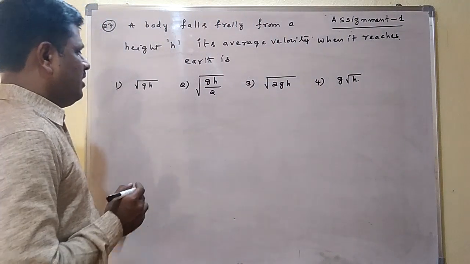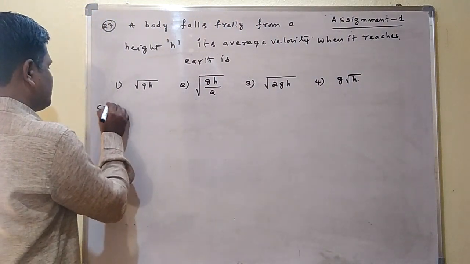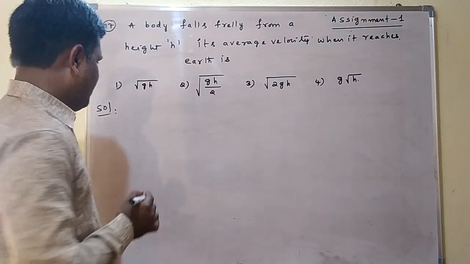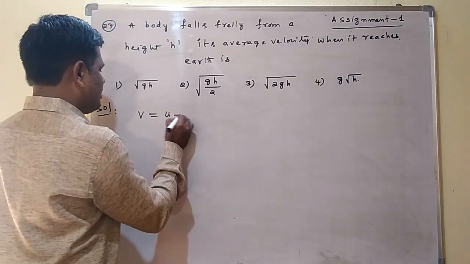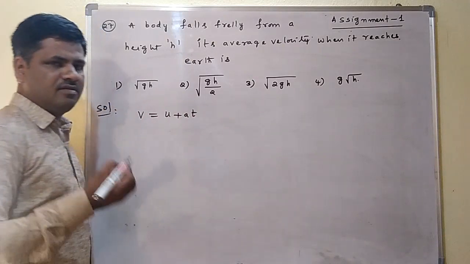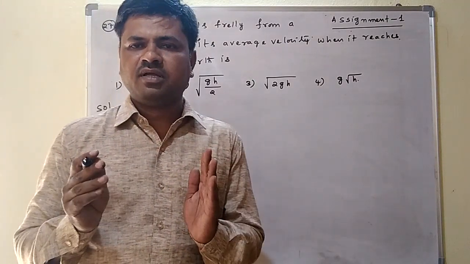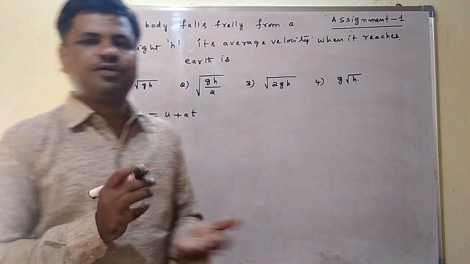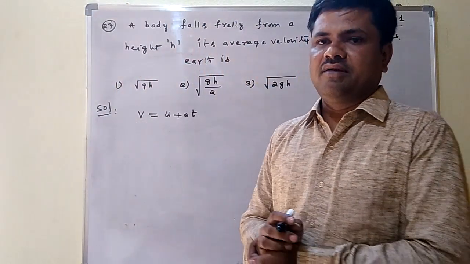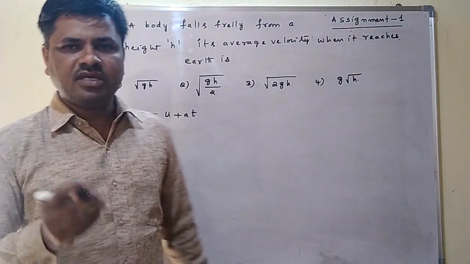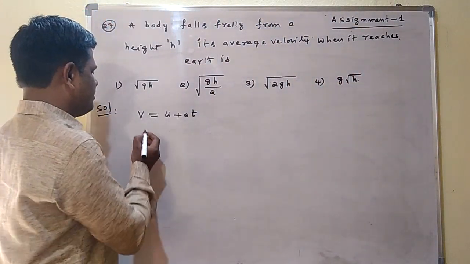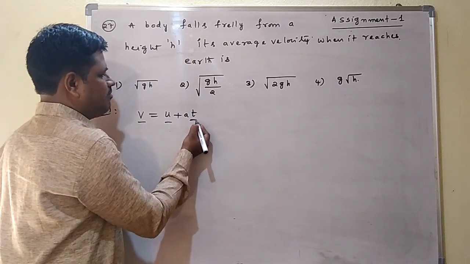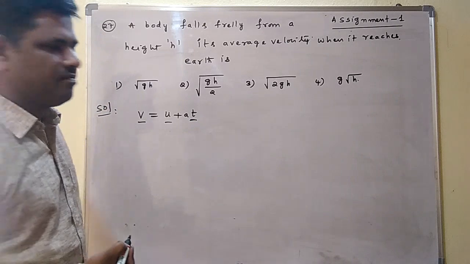See there. Before solving this question, which kinematic equation we have to use is important. The kinematic equation V is equal to U plus AT. We have to learn when each equation is to be used. Here four equations are there. V is equal to U plus AT: when this equation is used, final velocity, initial velocity and time are given.